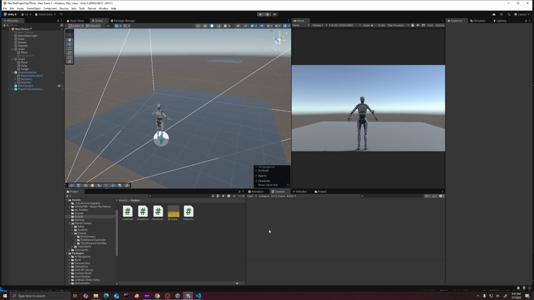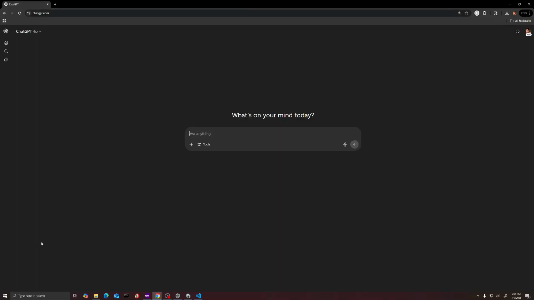I'm going to show you how you can use AI to create simple scripts, like a collectible. First thing we're going to do is prompt an AI like ChatGPT on what we want to get done. So first thing, we need to ask it a question or give it a prompt. And we want to say, write a Unity 6 script to collect an item when the player touches it and